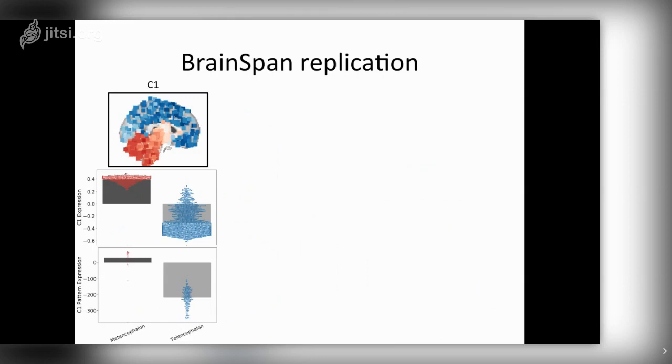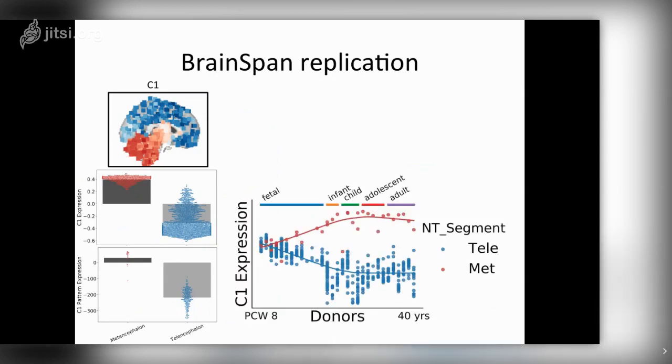And furthermore, the BrainSpan samples were extracted from donors across the lifespan, from prenatal development all the way through adulthood. And we wanted to visualize how this relationship with component 1 evolves along the course of development. So here you can see that the samples were arranged from earliest age at 8 post-conception weeks all the way through to oldest age, which is 40 years. And we found that component 1 began to differentiate these structures already during the fetal period of development and plateaued